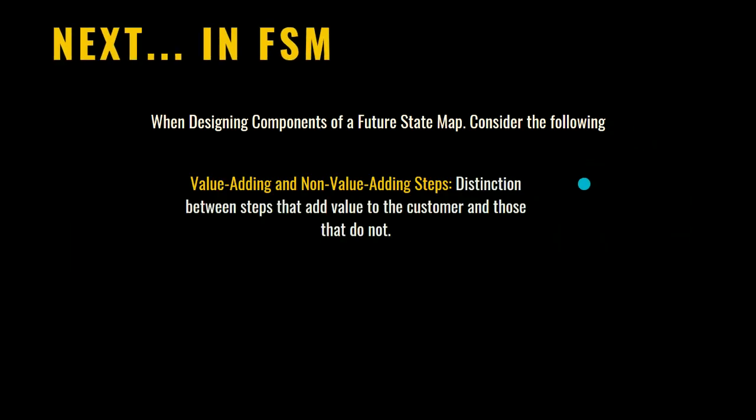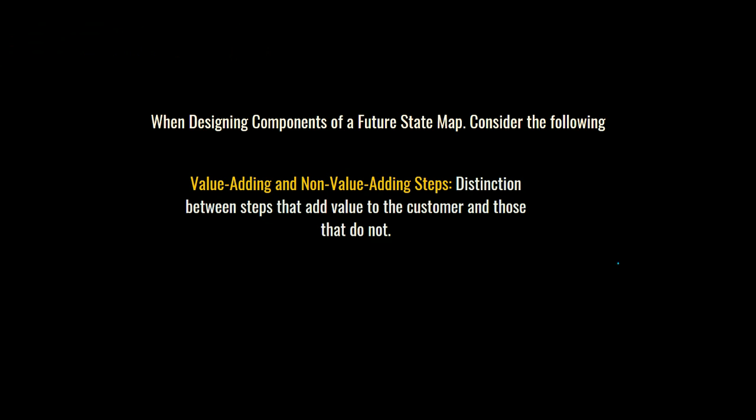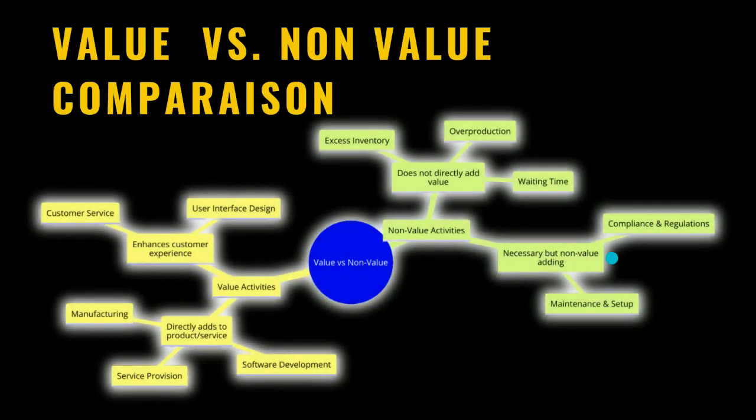Next, for our future state map, we're going to consider what's value adding and what's non-value adding, right? Distinctions between the two, that either it adds value to the customer or it doesn't. Now, some comparison that we can utilize is between value and non-value. Our non-value added activities: excess inventory, which does not directly add value. Overproduction, waiting times. You can look at it as, okay, it might be necessary, but it's not value